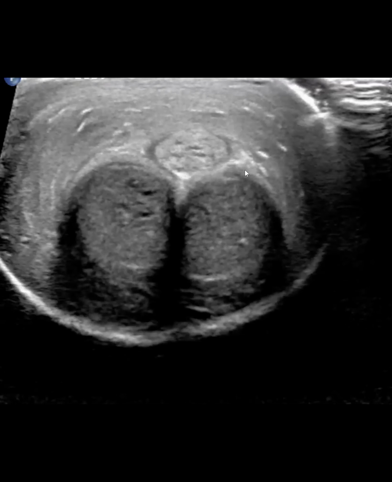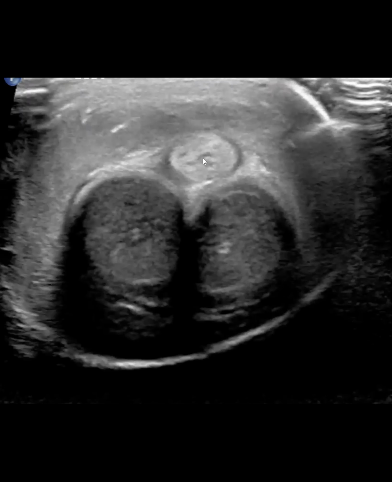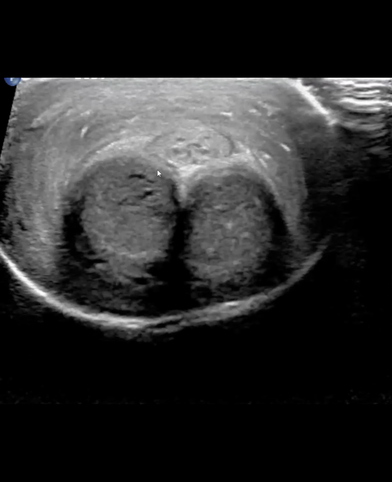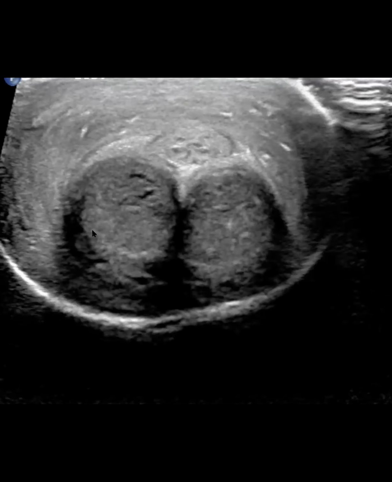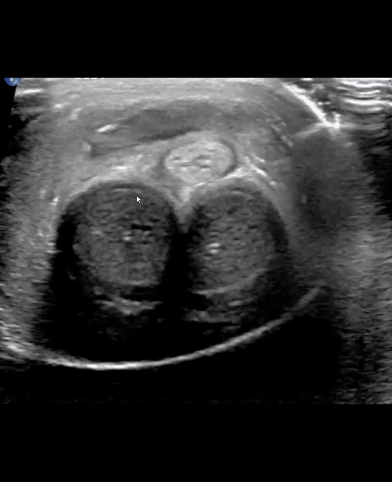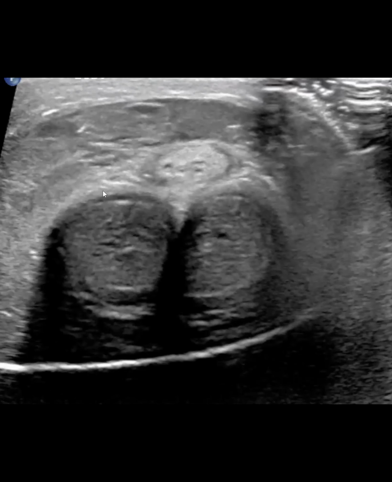And just to show you the findings, these are the corpora. So this is the dorsal aspect, ventral aspect, corpora cavernosa. This is the corpus spongiosum, and that subtends the urethra. So as I'm scrolling through, notice this echogenic line here. And as I scroll through, you'll notice that the echogenic line